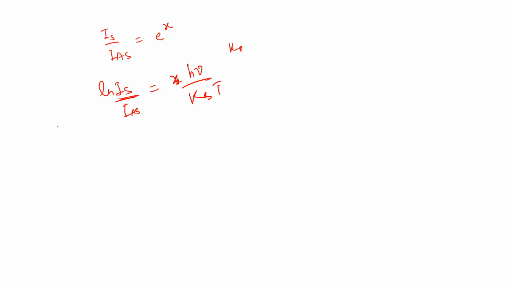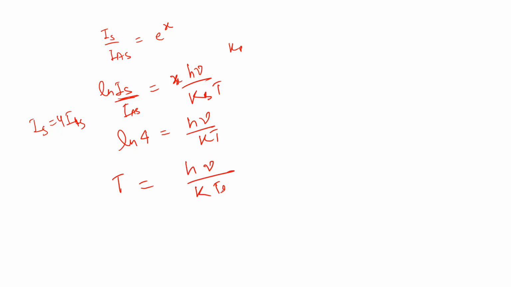In the question, we are given that intensity of Stokes line is 4 times the intensity of anti-Stokes line. So log 4 equals h nu upon kT. We need to find T. So T equals h nu upon k log 4. Put the value of h: it is 6.626 times 10 raised to the power minus 34 joule second. And nu is equal to